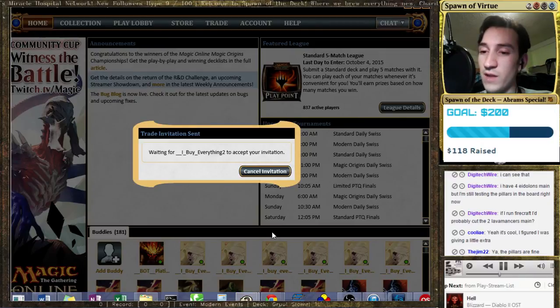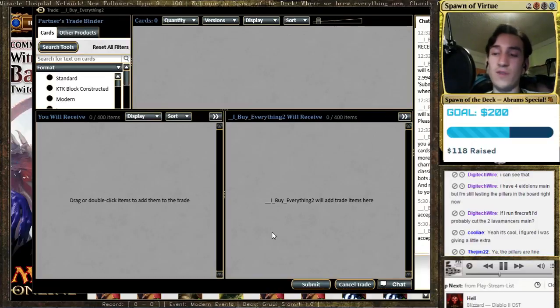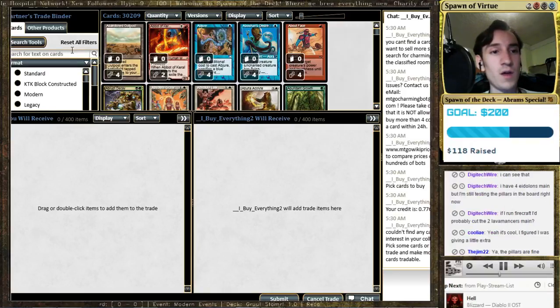I have 4 Eidolon main. Still testing Pillar in the board. What is that called? What Eidolon was molded after? Pyrostatic Pillar, right? I'm assuming you're referring to Pyrostatic Pillar. Okay, so...